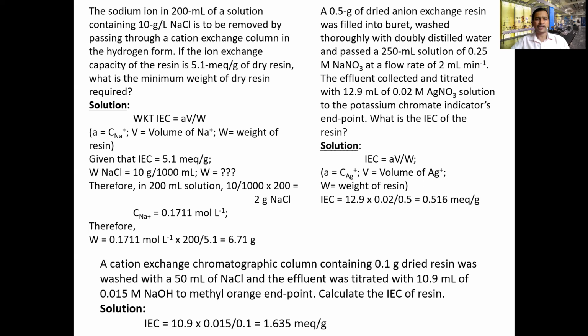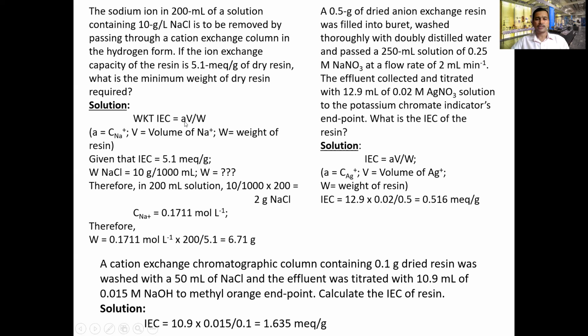That's what it is, cation exchange chromatography. What is the ion exchange capacity of cation exchange resin? You have to determine it. So how to determine the ion exchange capacity? That is done by eluting sodium chloride through cation exchange resin, which is in the hydrogen form. The effluent, which contains hydrogen ion, can be titrated with sodium hydroxide. And ion exchange capacity can be calculated by using IEC is equal to AV divided by W, where